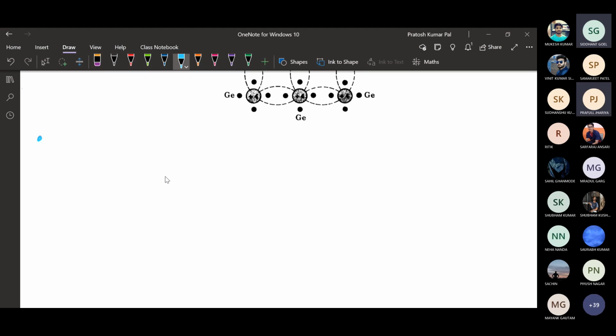Okay, so we will see how the holes are going to affect the current flow basically. So here, hole,